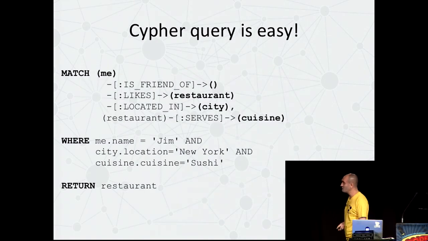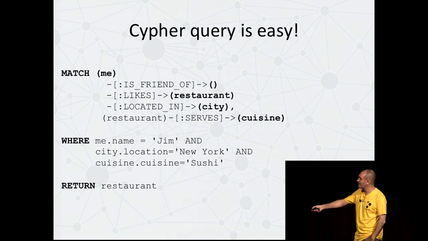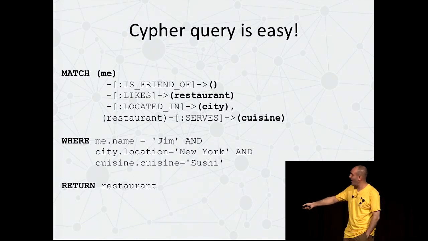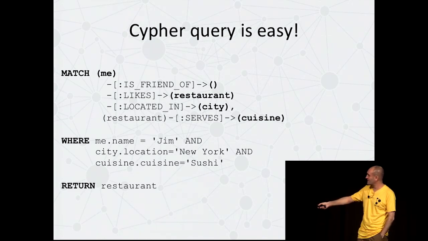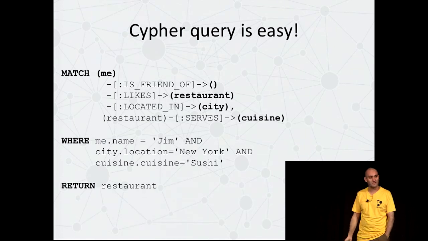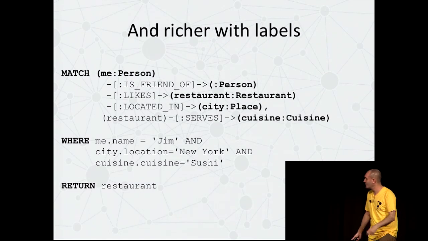How would you do this? Well, you write the query in Cypher. You say, find me this pattern. I'm interested where I have some friend that likes some restaurant in some city which serves a cuisine, and then we'll bind restaurant and city and cuisine to me, to New York and sushi, and give me back the restaurants. That's Facebook Graph Search. All you have to do is put some natural language processing in front of that to pick out the important nouns, and off you go.